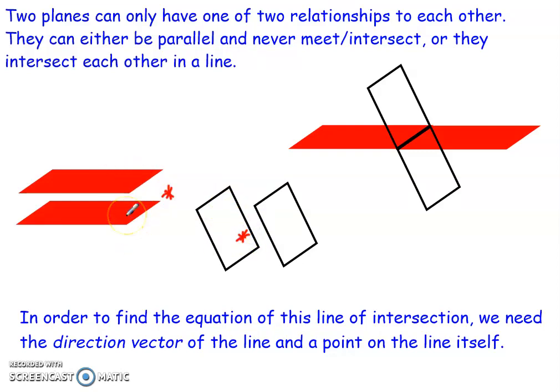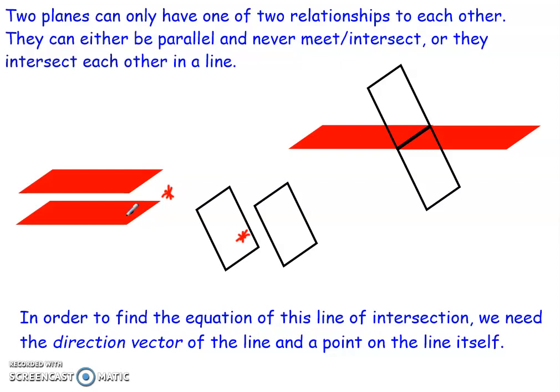So that would be if you imagine you had a bit of paper lying flat on the top of a desk and on the bottom of a desk. If the desk is completely flat on either side, those would represent your planes. They would be completely parallel. They would never intersect one another. They would never meet. However, if you take two bits of paper to represent your planes and just hold them